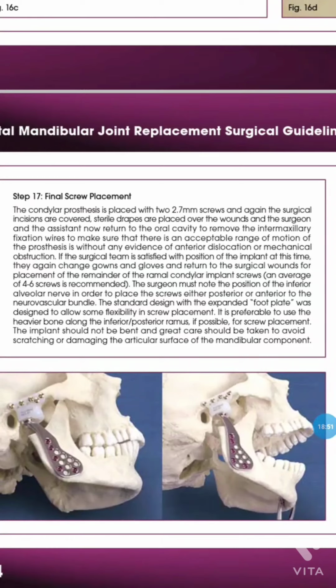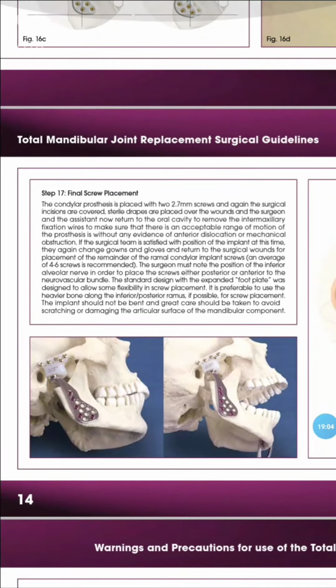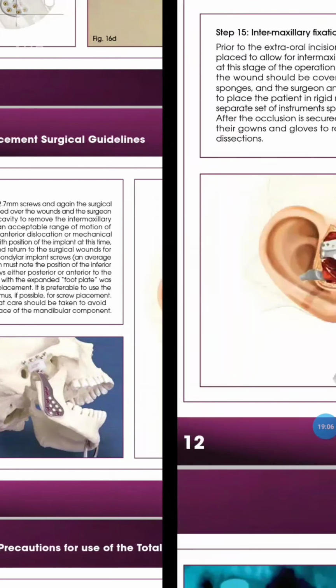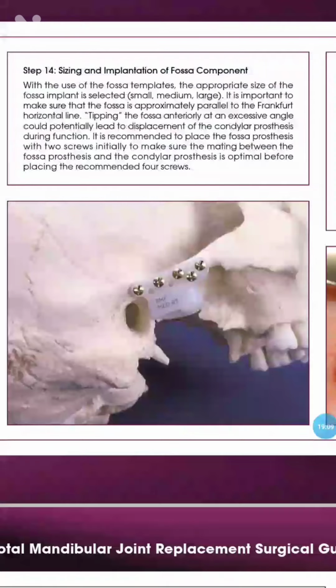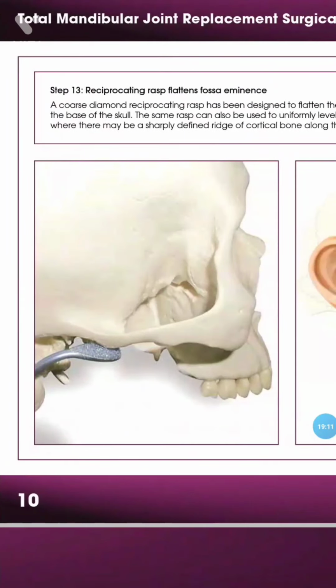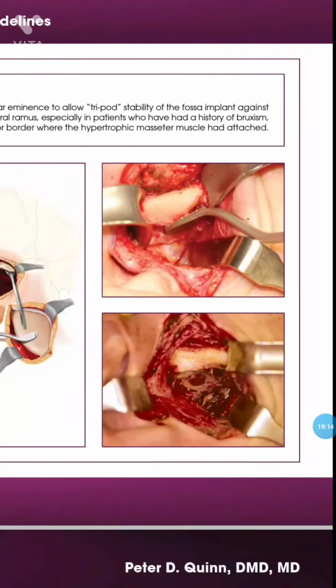Alright, so basically once the condylar prosthesis is secured, you remove the intermaxillary fixation wire to make sure there is an acceptable range of motion of the prosthesis. So the intermaxillary fixation is only an intermittent step. It is basically done to position them, and why is it removed?